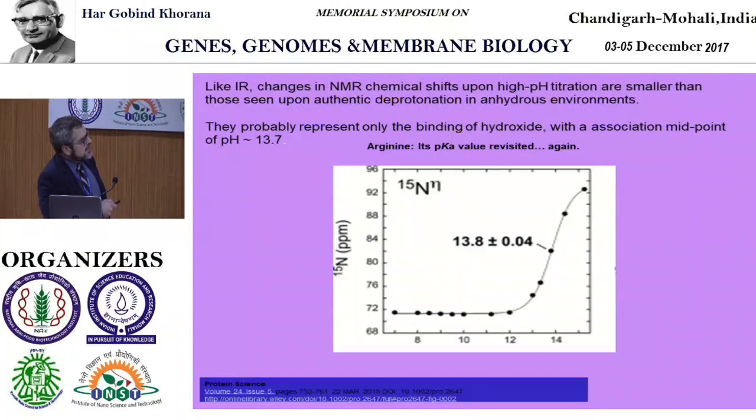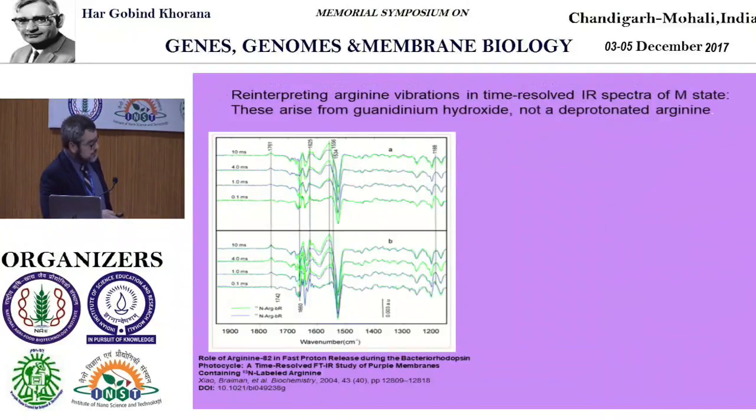This chemical shift scale is referenced to a different standard than the one that we used in the preceding slide, so don't worry too much about the starting value being about 22 ppm larger. The main thing is that this only changes by about 22 ppm as you go through this titration, which is really only a very small fraction of what we see for a true deprotonation. So the conclusion is that,